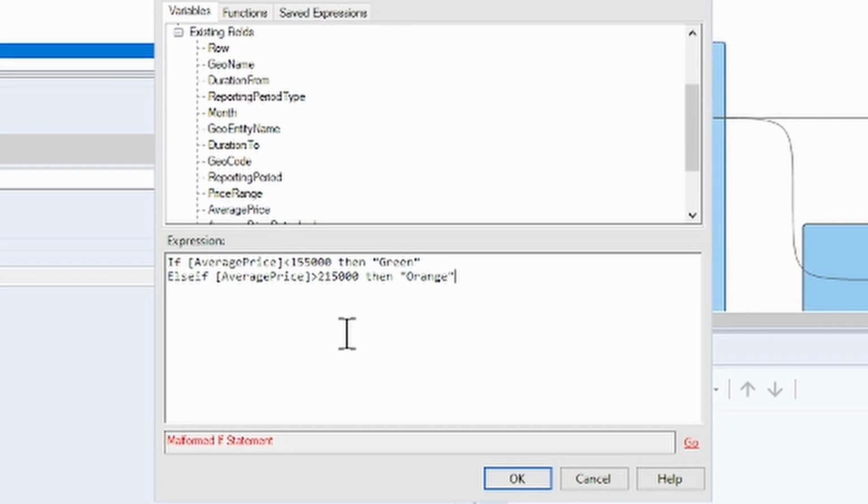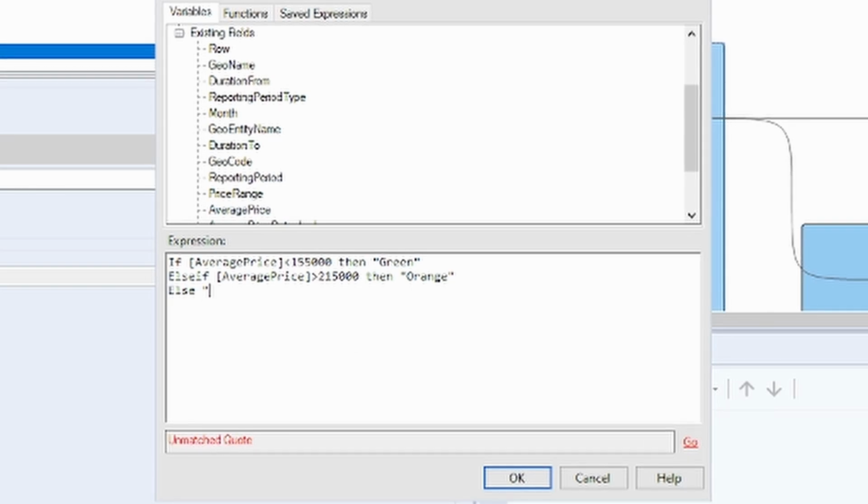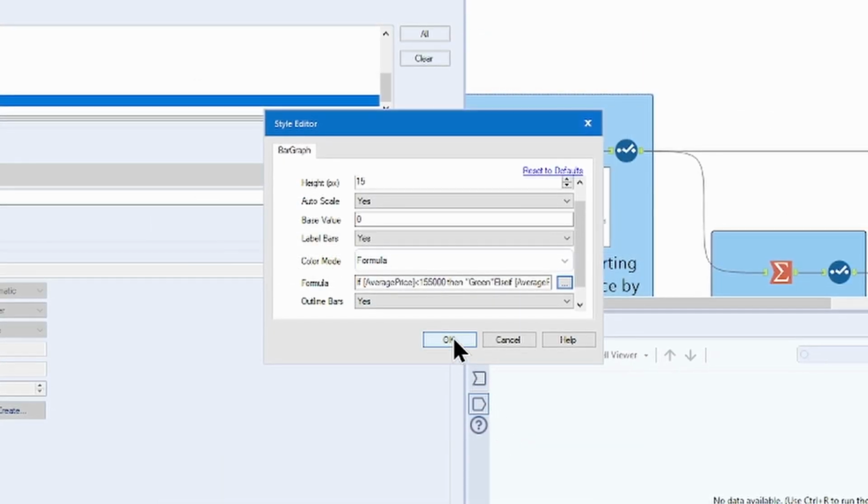You can pick whatever color you want. It's going to be pink, yellow, red. You can follow my color choice. Else, color the rest gray. Don't forget to close the if statement with endif. And okay again. Before we run our workflow,